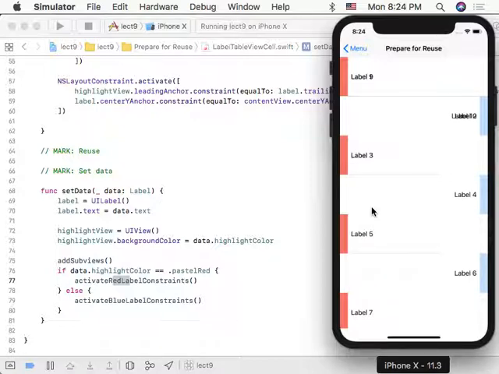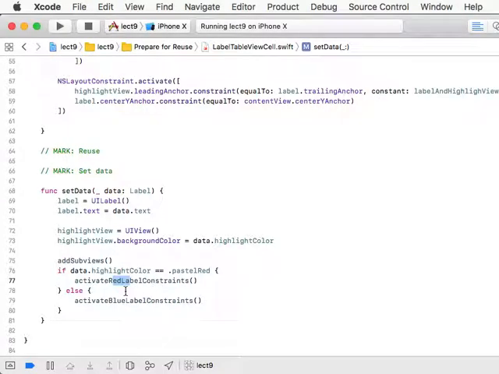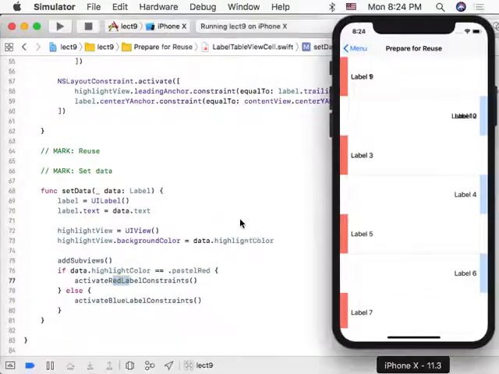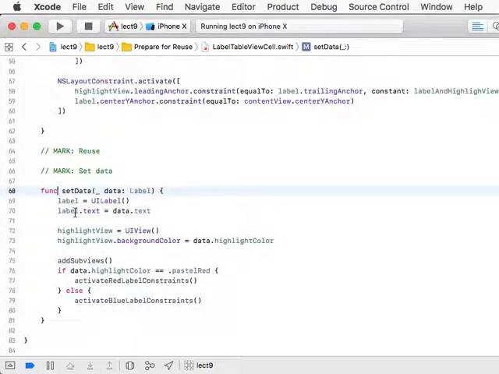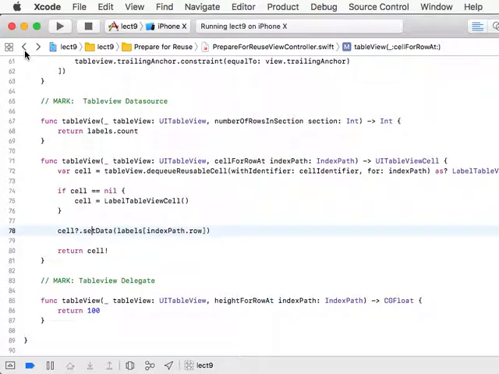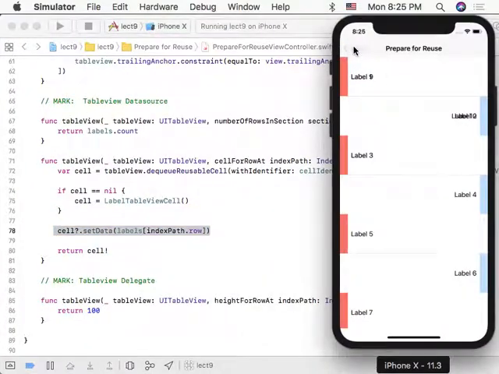Well, you are reusing the cell. So what is happening is you're reusing this cell. Think of it like maybe the first time you got a fresh cell. This gets called, you have a fresh cell, and you set the data of the cell. That's what happens when you basically